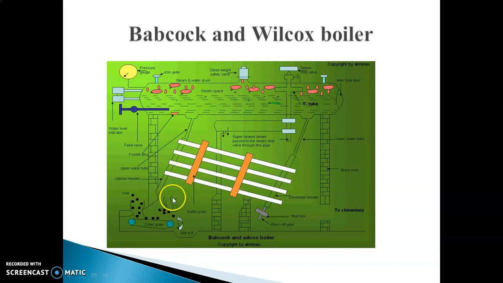Here it is the furnace. In the furnace, coal or other fuels are burned, and heat is generated. The hot flue gases pass around the water tubes. Inside the tubes, water flows. Then the water gets heated. Then steam is produced. The produced steam is stored at the top of the steam space. In the steam space, a steam trap is there, which is used to remove the moisture content. It collects the moisture content and stores it in the water space.